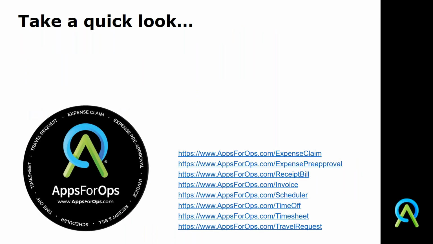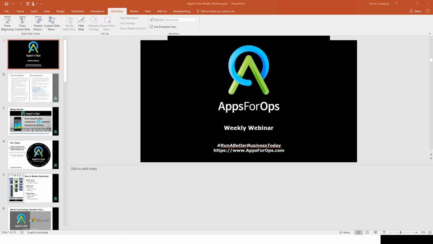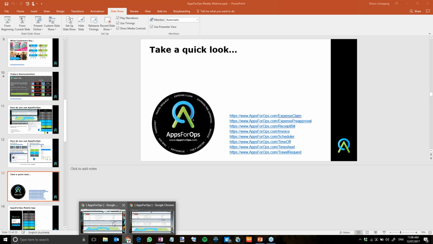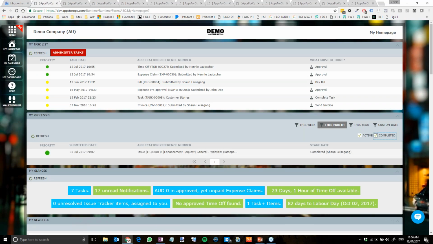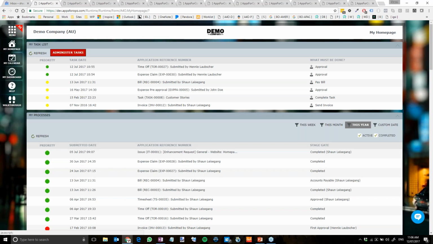Okay, enough slides for today. Let's pop over to a real-world demo of what AppsForOps looks like. So I'm just going to exit out of the slides for a moment here, and what you'll see coming up for you very shortly is AppsForOps Web, and this will actually start loading up for you. So first things first, let me just give you a tour of what you're seeing in front of you. First, you can see I'm logged in as a company here called Demo Company. So that's just a company that I have set up, and I can see that I'm currently on the home